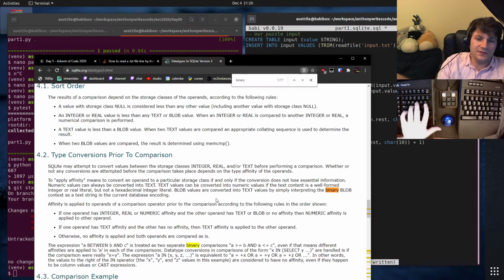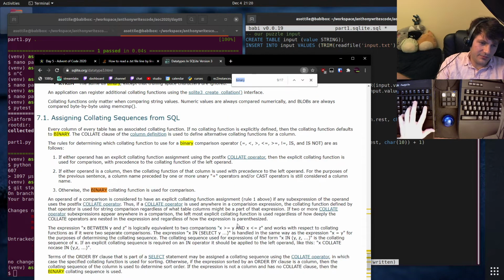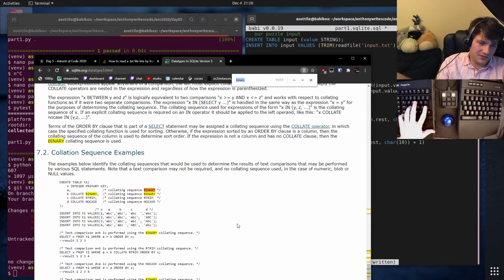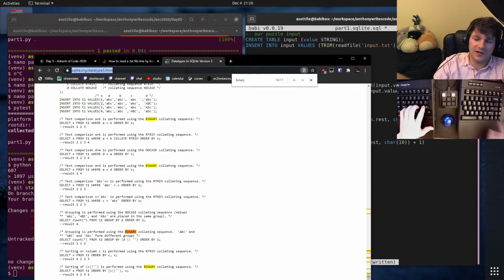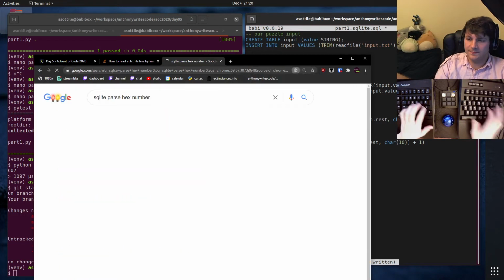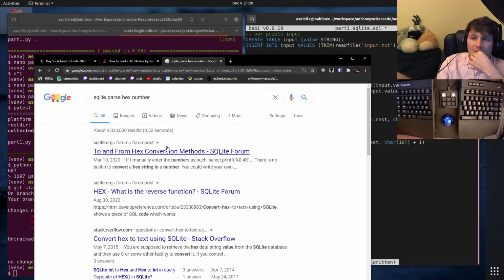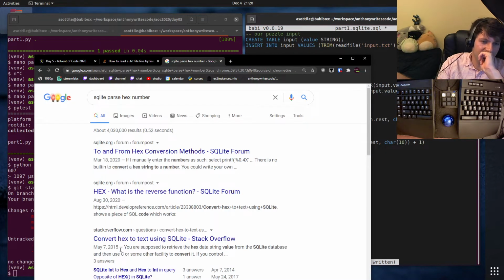It's gonna be really hard to search for because there's also a binary type for binary blobs. So maybe if we search for hex, sqlite parse hex number. I like the SQL syntax file. Yeah, my editor is doing this. It comes from the VS Code highlighter, I think. Even from hex conversion numbers.